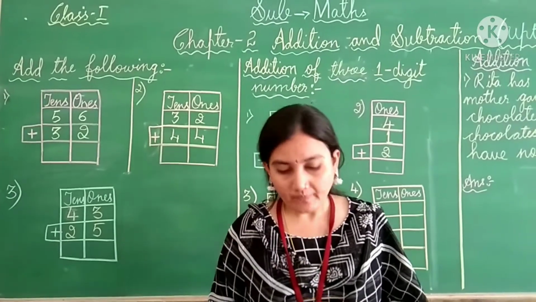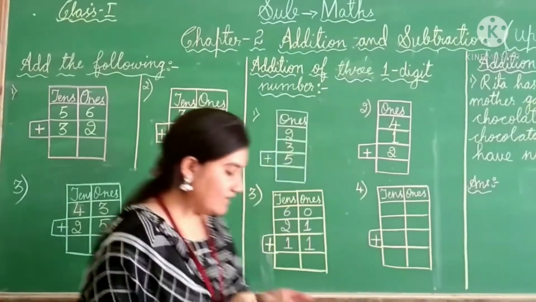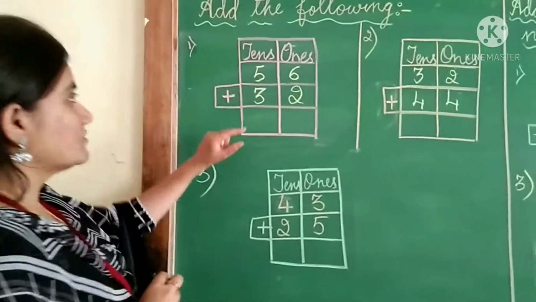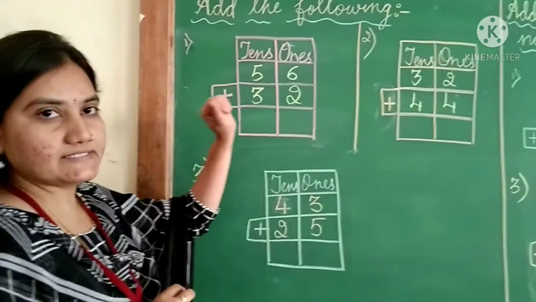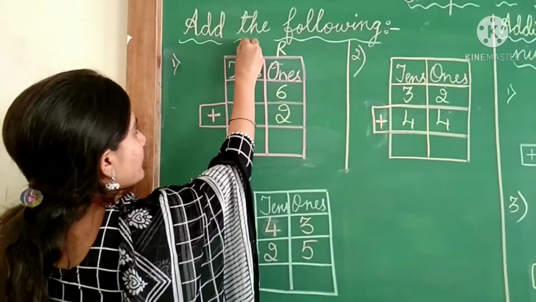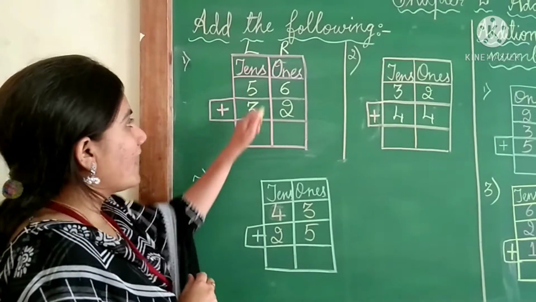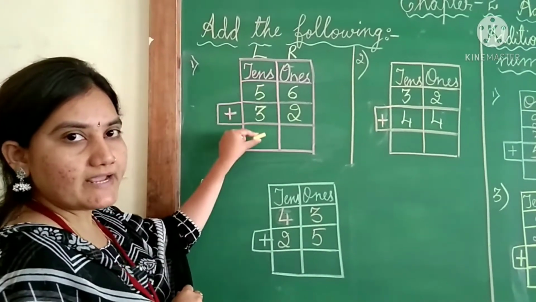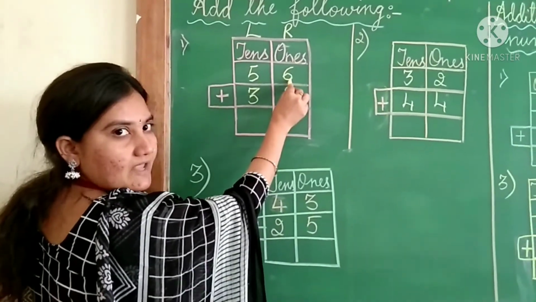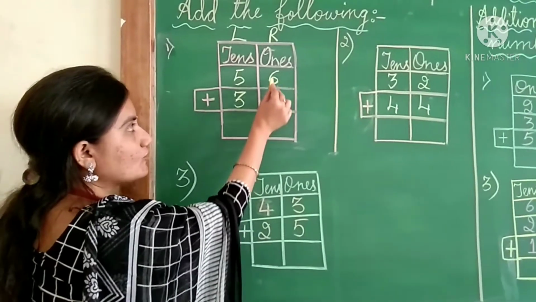Isn't it, children? So today we will learn how to add. You already know it. Even though we will continue in today's class, add the following. Got it, children? So you can see here ones, tens. Right side is ones and the left side will be tens. So what we have to do here? We have to add ones to ones and tens to tens. Ones to ones means see, in the place of ones, 6 is there. And the second number is 2. 6 ones, 2 ones. So both we have to add here.